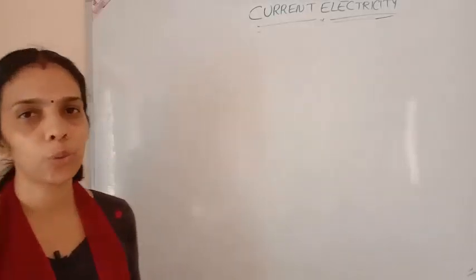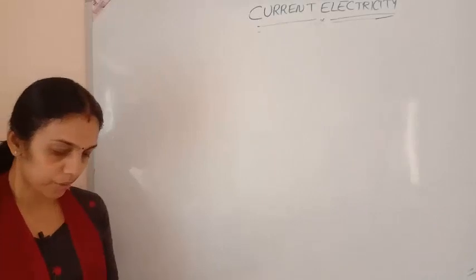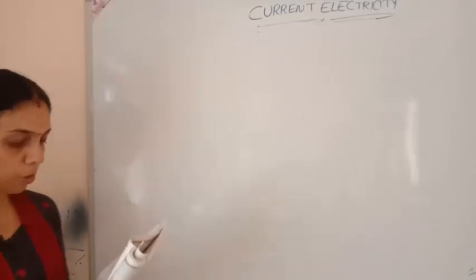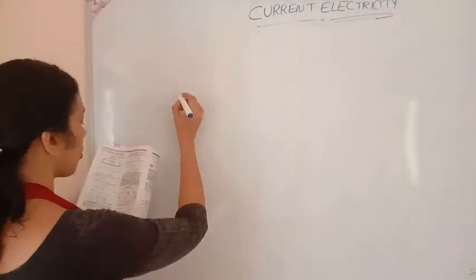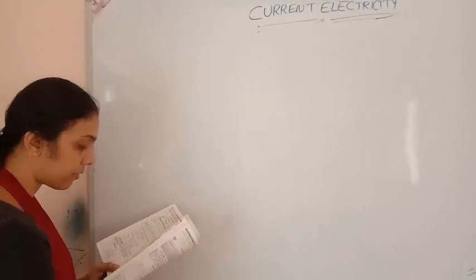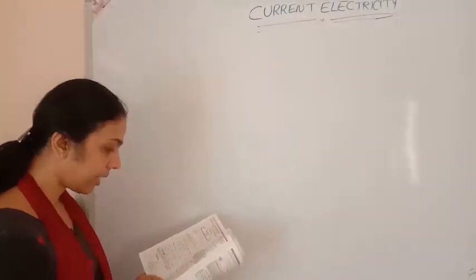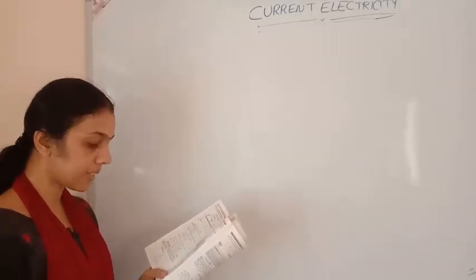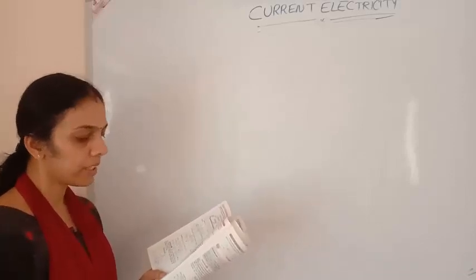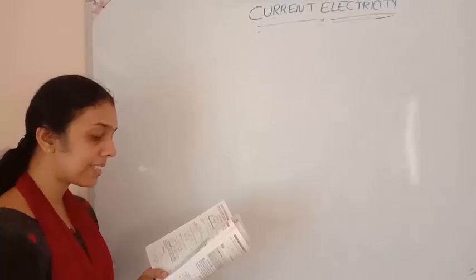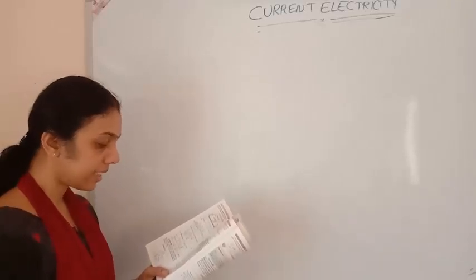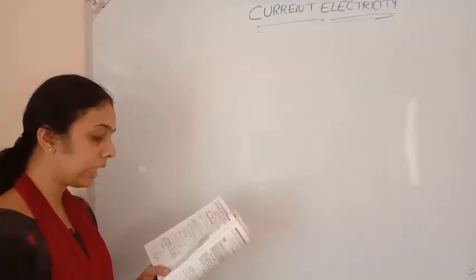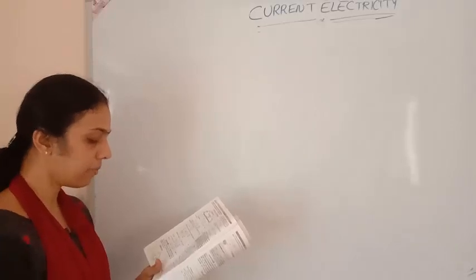Okay, so first we will do yesterday's concept checking question. Figure shows the experimental setup of a meter bridge. The null point is found to be 60 centimeter away from the end A with X and Y in positions as shown. When a resistance of 15 ohm is connected in series with Y, the null point is found to shift by 10 centimeter towards the end A. Find the position of the null point if a resistance of 30 ohm were connected in parallel with Y.